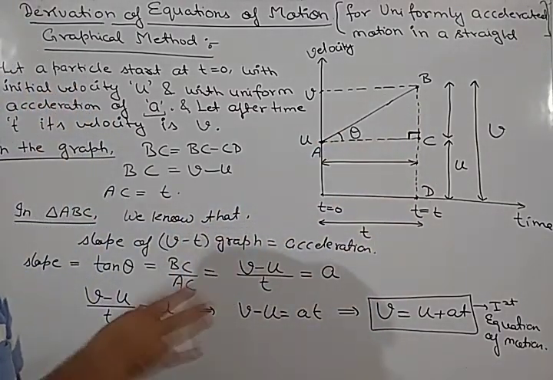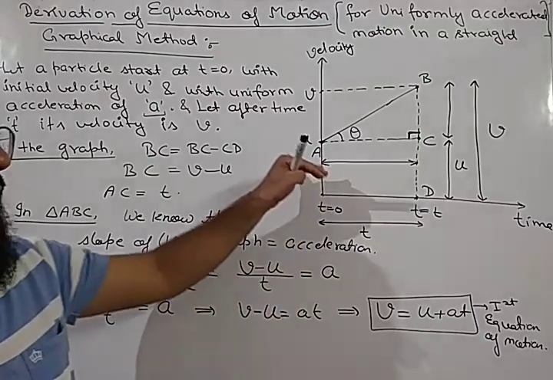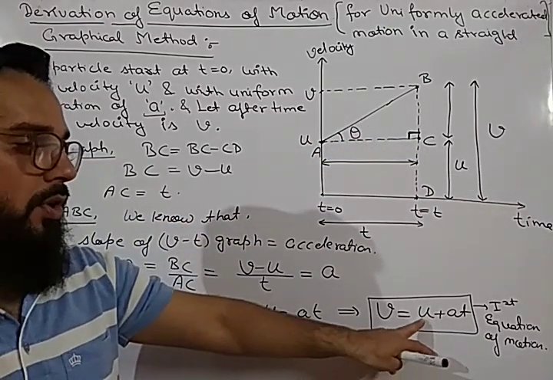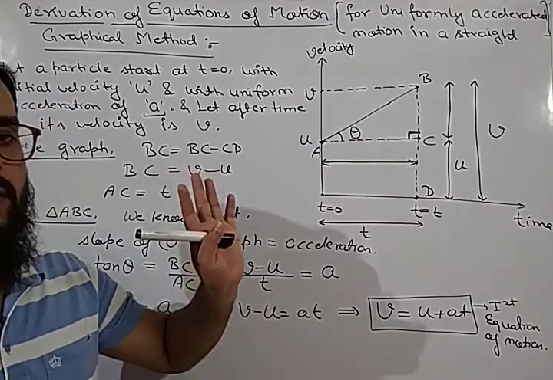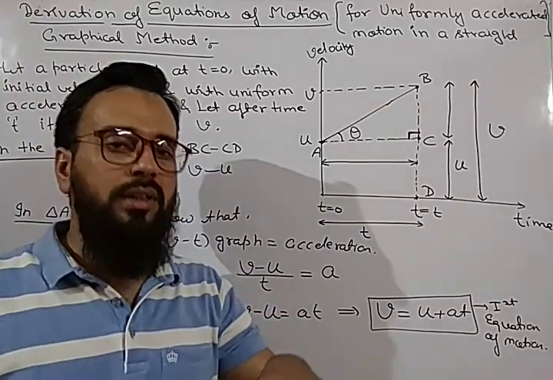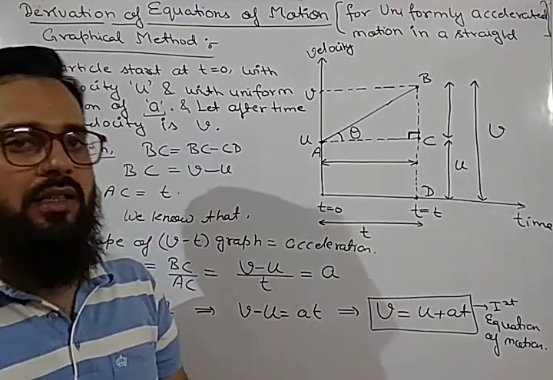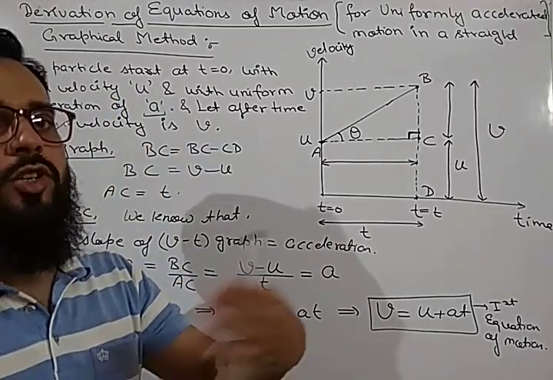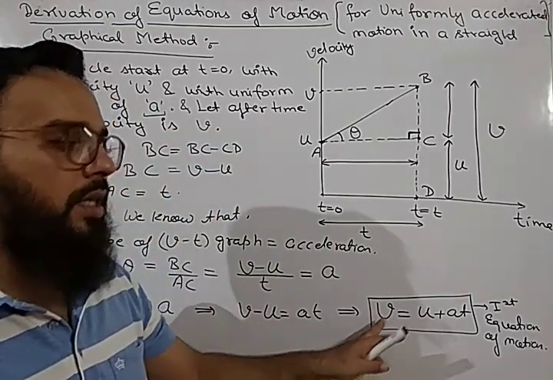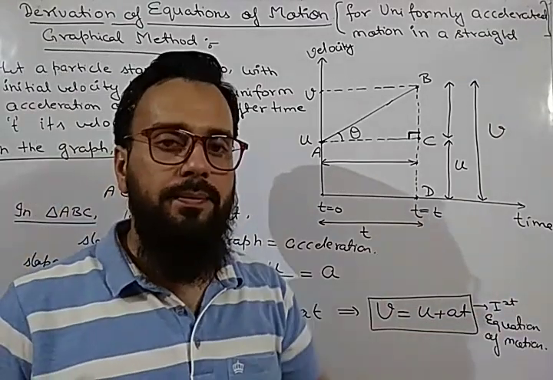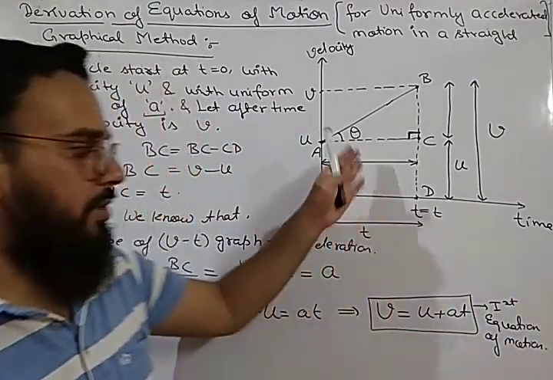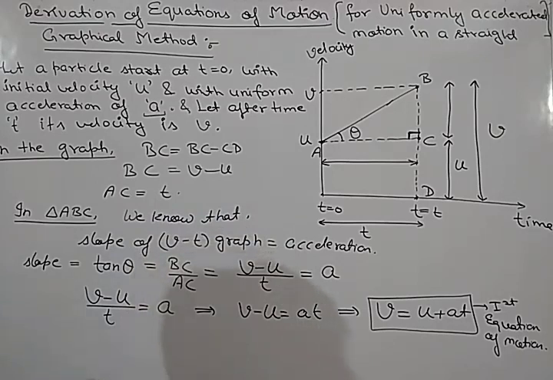Okay, it is very simple. Basically, you have to draw the velocity time graph. Here U is initial velocity, V is final velocity. Velocity at t is equal to 0, or the instant at which you start seeing the motion, that velocity is known as initial velocity, and the velocity after some time, or the completion of the time interval is called final velocity. A is acceleration and T is time. Okay, so we have derived the first equation of motion. So first note it down.